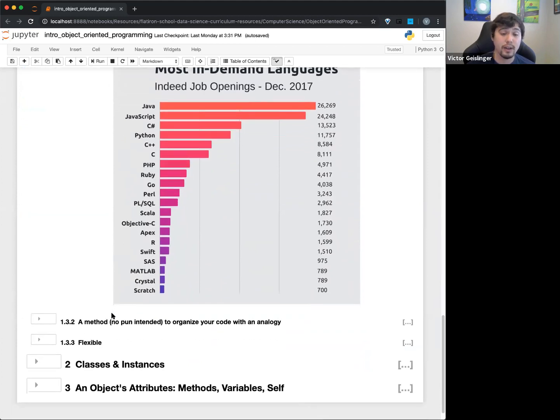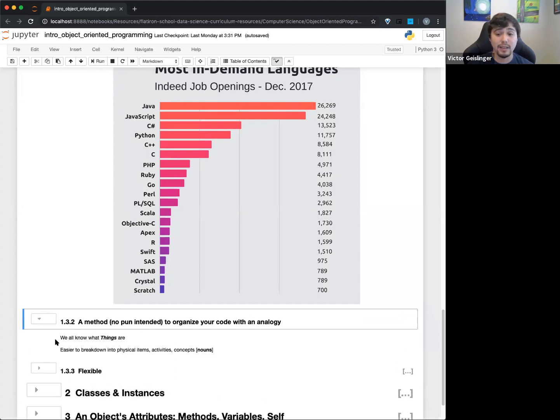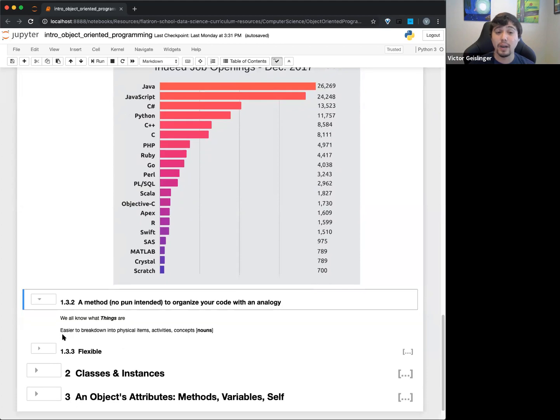It's a great way to organize your code, with an analogy. We have this idea of a class, mold, or blueprint to instantiate, to make an object. So it's nice to say, whatever we're making is a thing. Those things can be physical objects, like a car, but they can also be a network protocol. This network protocol is a thing, and we can modify it. It makes it a little bit easier